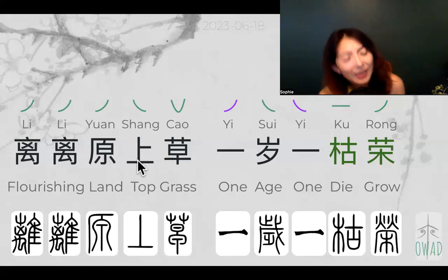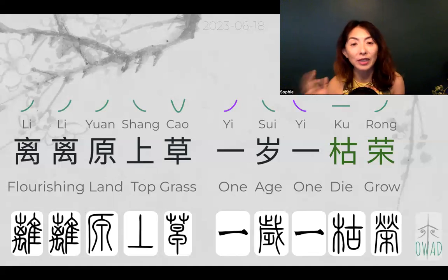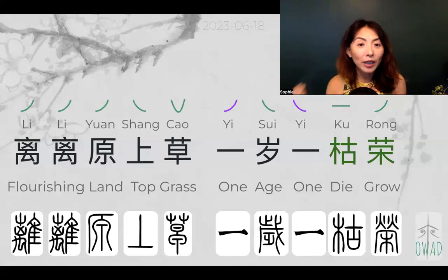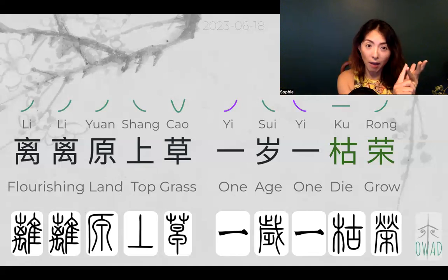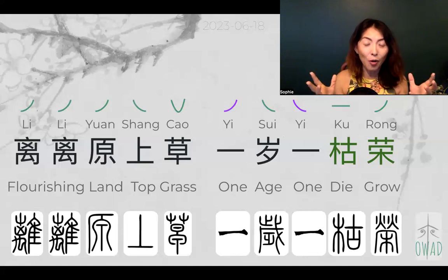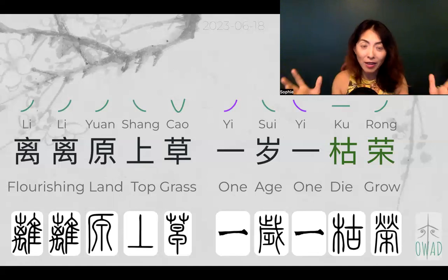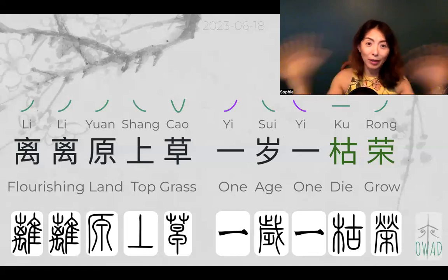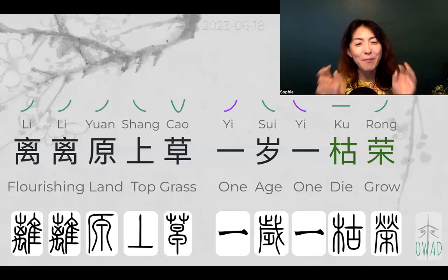Okay, shang. I translate it as top. So it's interesting because in the Chinese language we have a different set of syntax. In English, we say on top of the land, right? We have to say on top of and the land. So out of that, only land and top are the key useful message. The rest of them are helpers to show you the structure of the language. But Chinese gets rid of all those small words to go directly to the essence, the message.